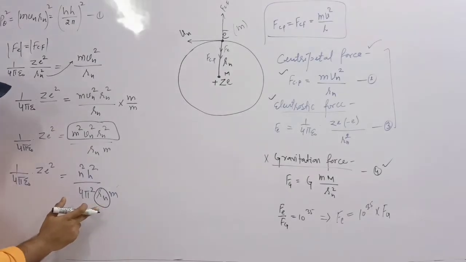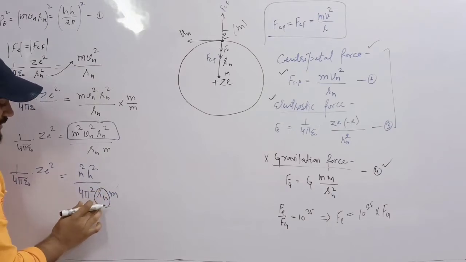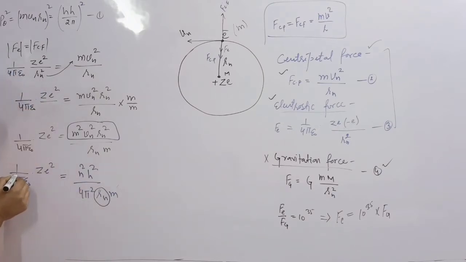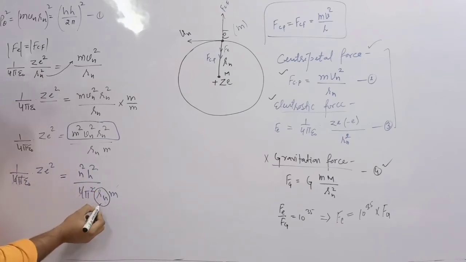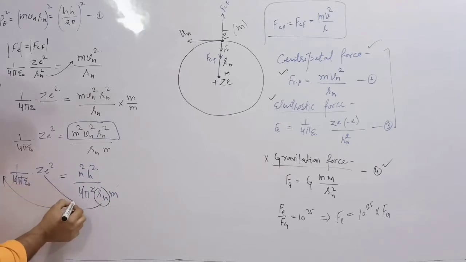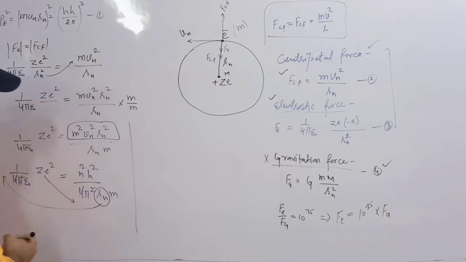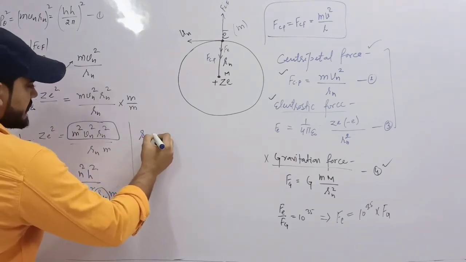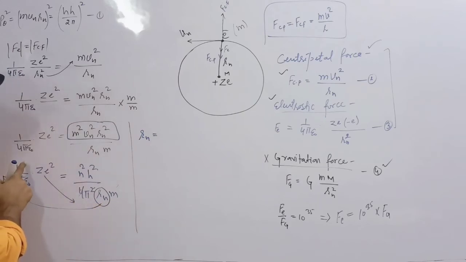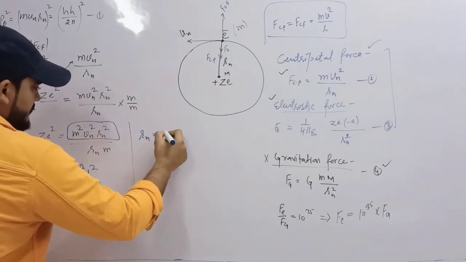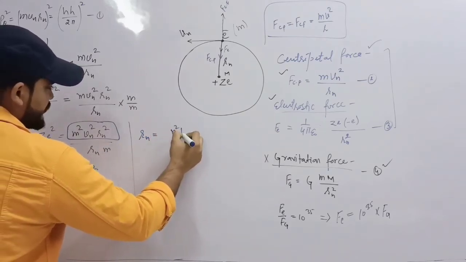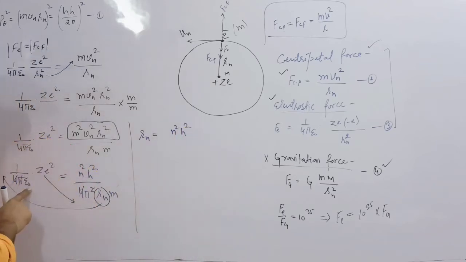Now here it is clear that this Rn can be calculated from here. Cut the quantities like this: 4 pi and this pi square cancel out. So this Rn can be taken here and this can be taken here. So what do we have now? Rn equals to, clear? Rn equals to n square h square, and this epsilon naught